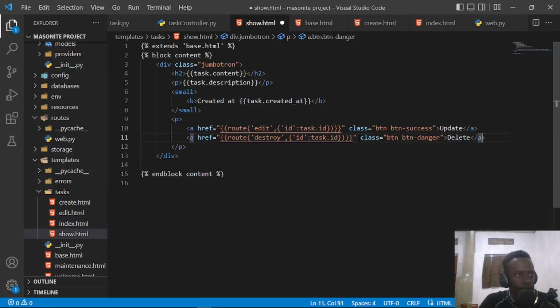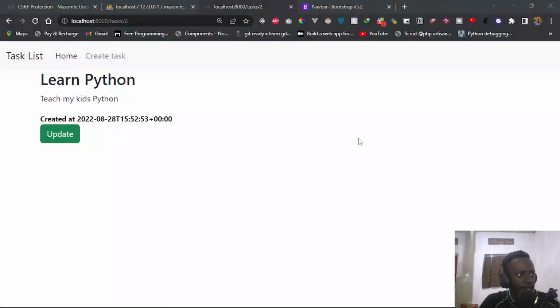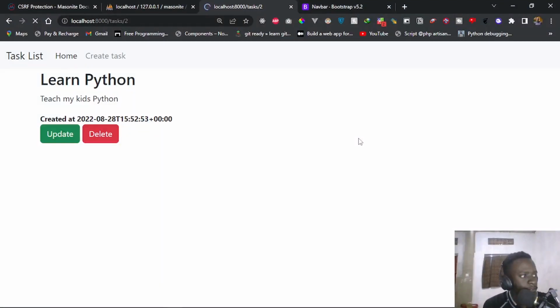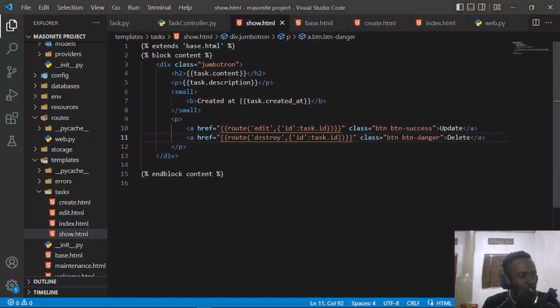Once we have this, I'll go ahead and save, refresh, and then this will be deleting. We haven't yet handled this, but let's see. When you go to update, it's supposed to redirect us to the update page, which is not actually happening. Let's see what's not happening. Edit is supposed to take us to the edit page, so let us go to the edit page. That's within our edit,